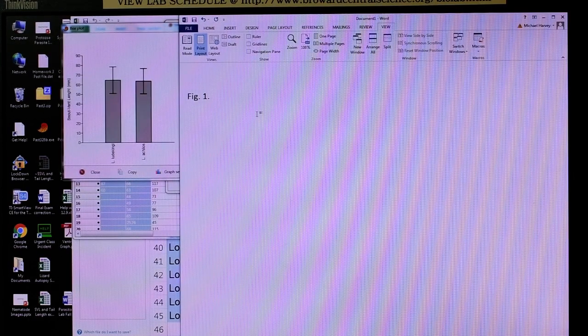So that would be a good title of this or first few words of the caption. Comparison of snout vent lengths in two species of,